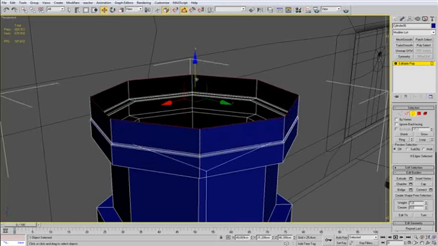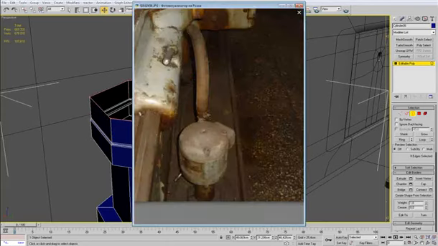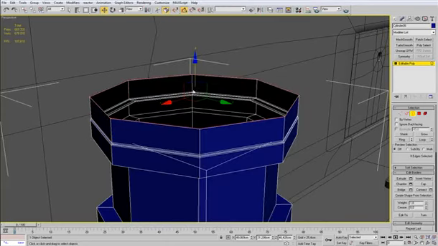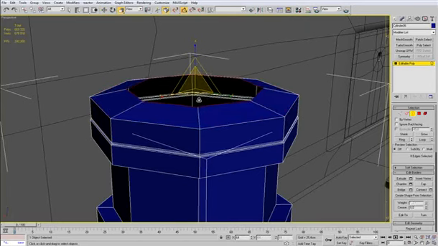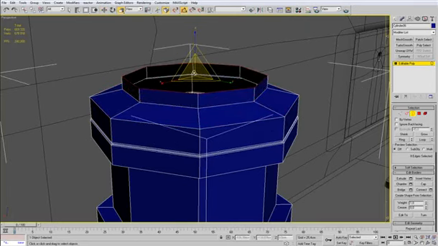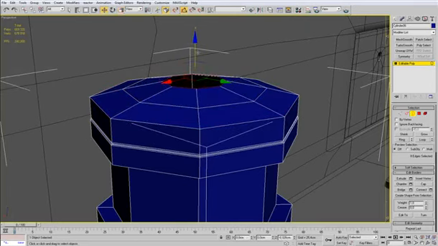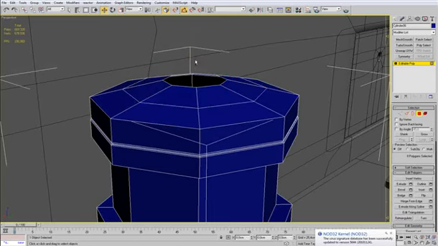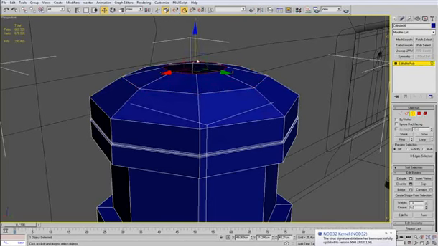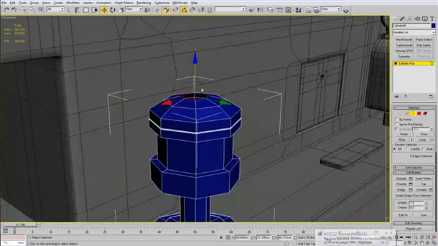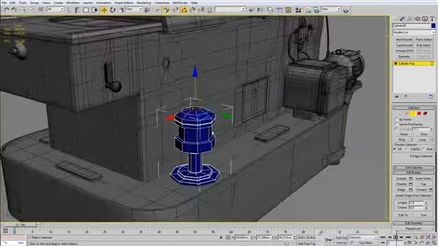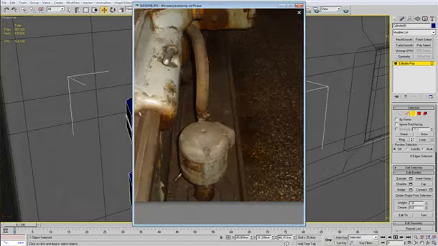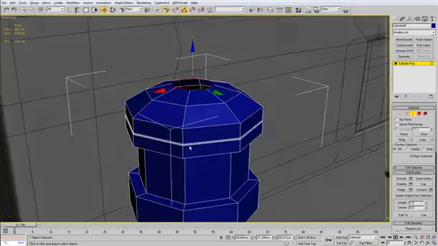Okay, scale this in like so. Okay, position those properly, just trying to match the curvature of this top piece there,